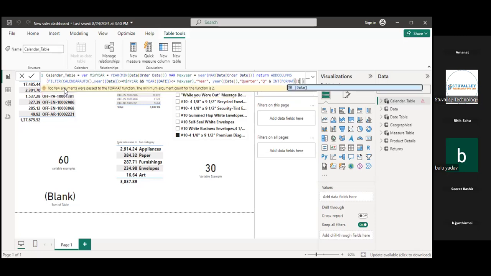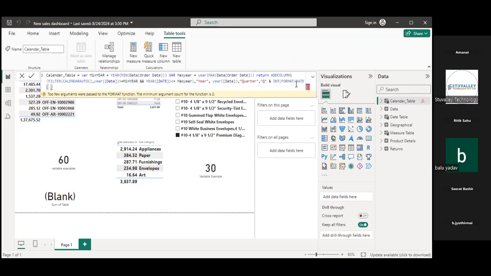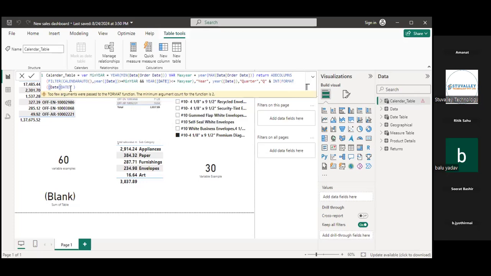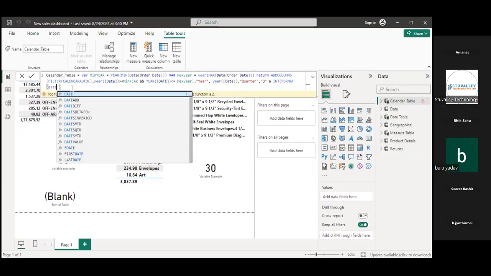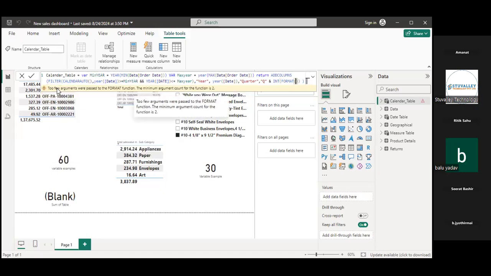If I rewrite this function, guys, try it in your system.